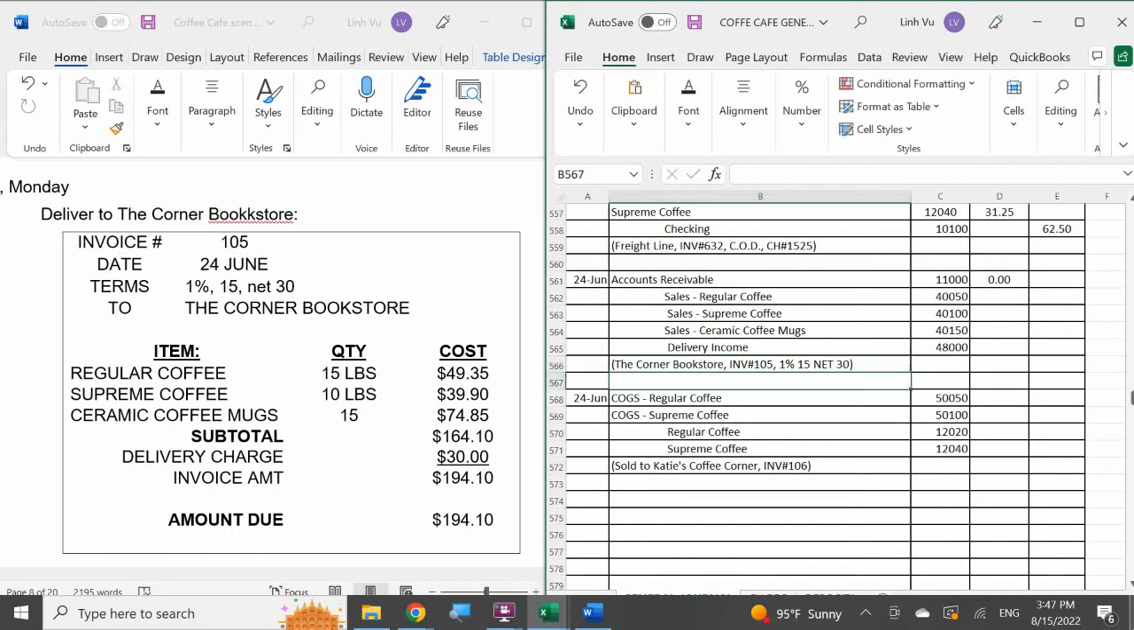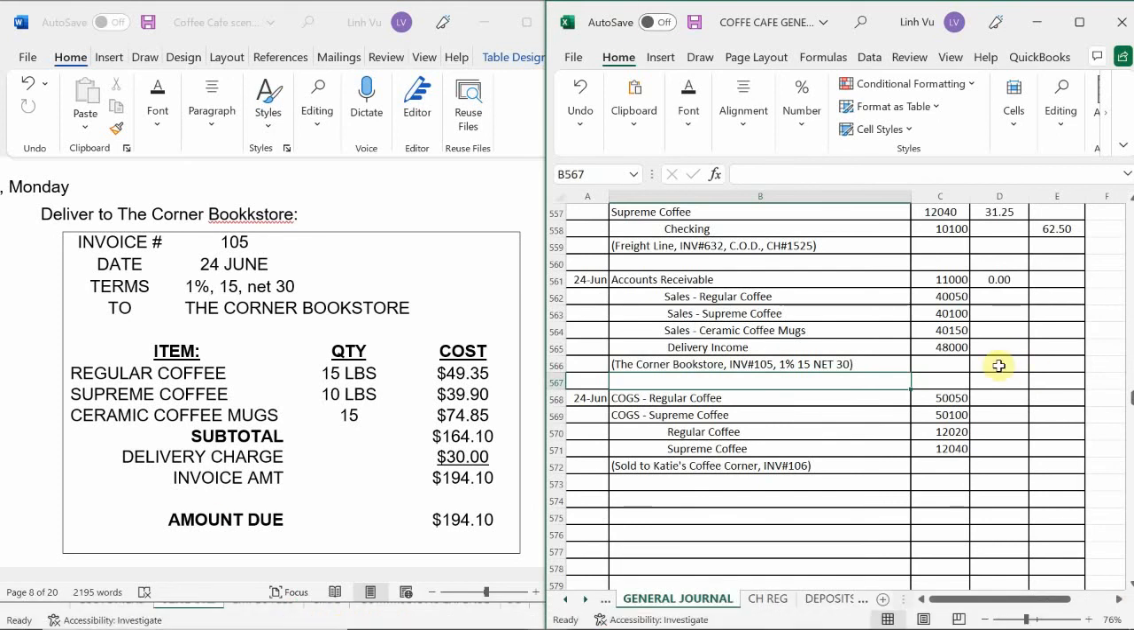So then you're aware that you gave them terms. So how much regular coffee and how? Go ahead. So it's 49.35, and then next 39.90, 74.85, 160. Oh no, it's $30, for the grand total of 194.10. 194.10. And so now we